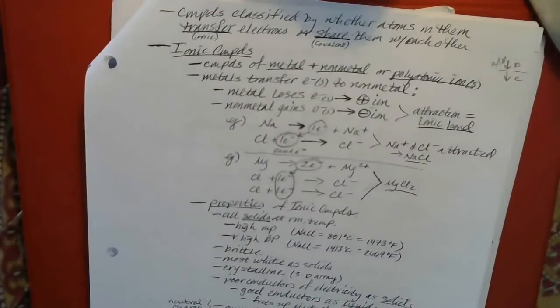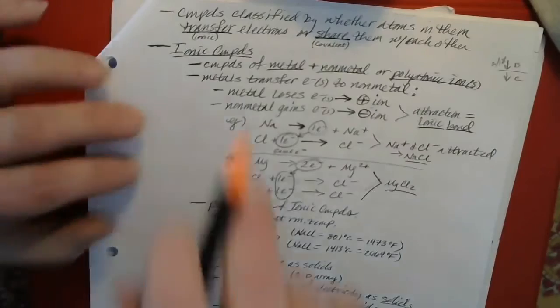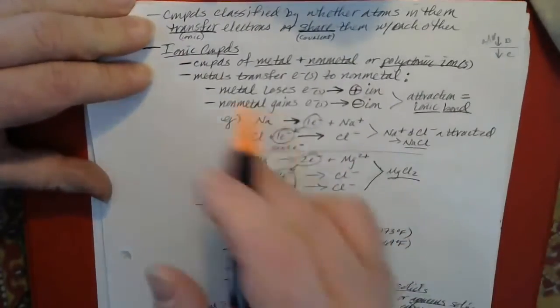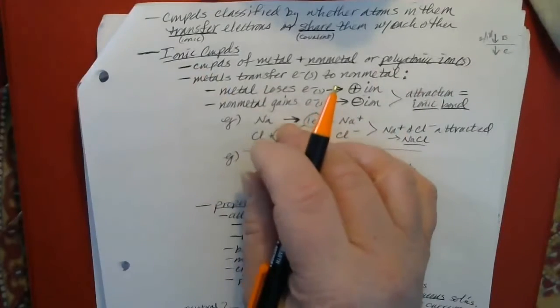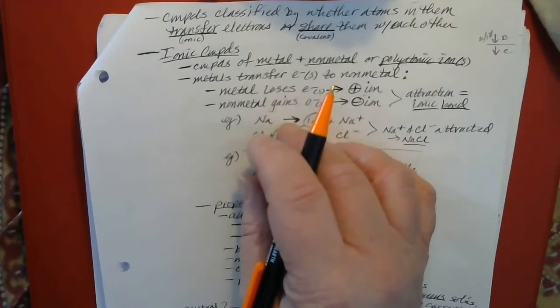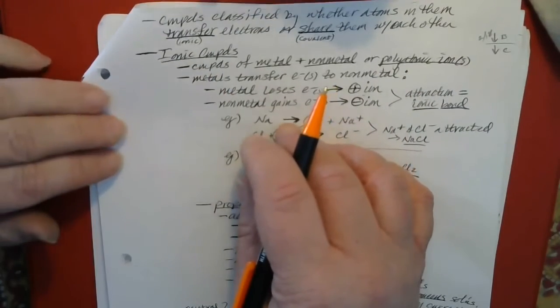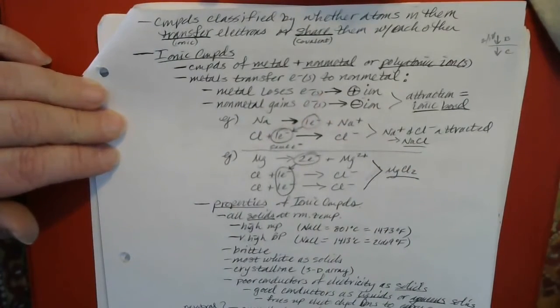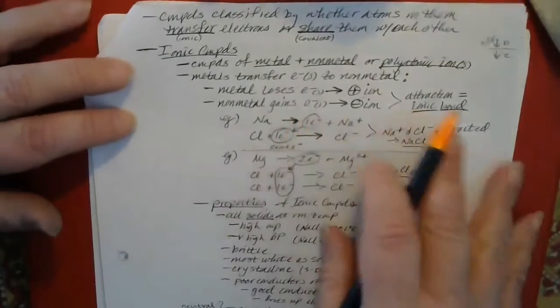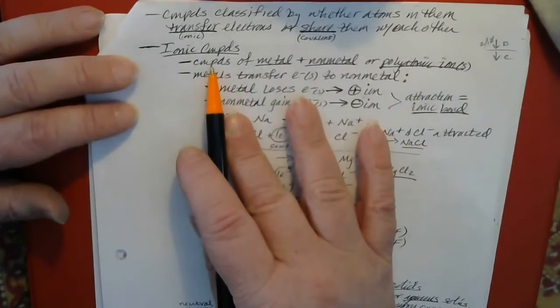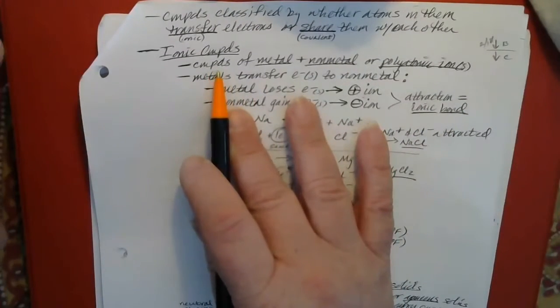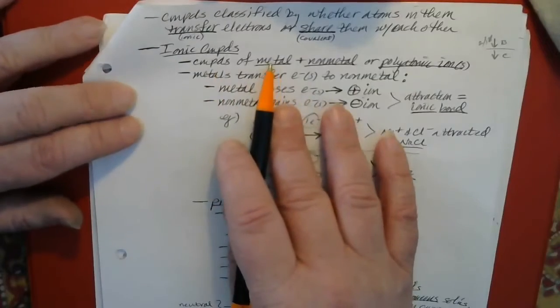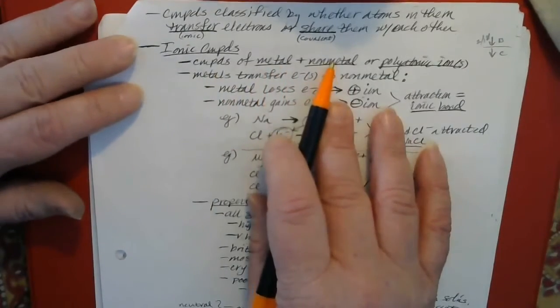Okay, for part C, we were just about to get into what are known as ionic type compounds. Ionic type compounds are compounds that involve ions, hence the name. And it's the ionization of the atoms that actually causes them to be attracted to each other. And that attraction is what's known as an ionic bond. So essentially, the way you can recognize an ionic compound is that it will involve metals and non-metal or a